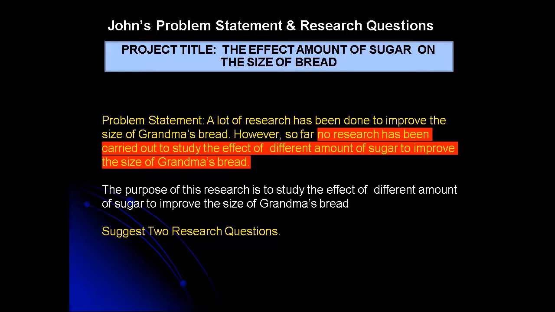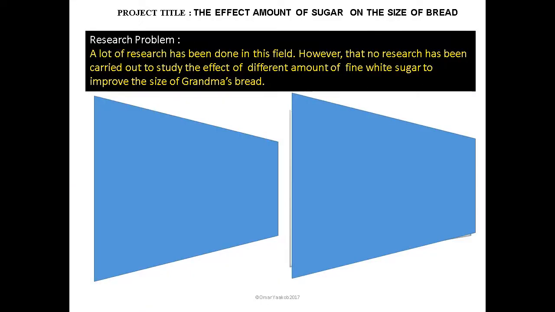Maybe you can write down before going next. You can think of what would be the 2 research questions in John's mind and in his research. So you go on. So the 2 research questions will be: